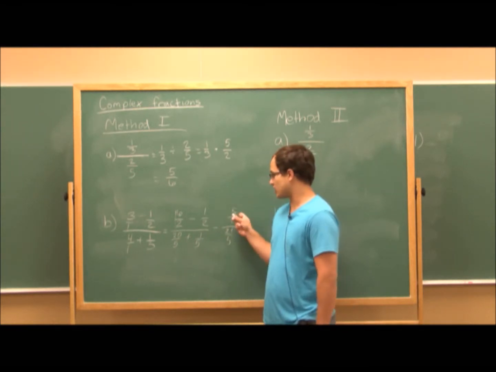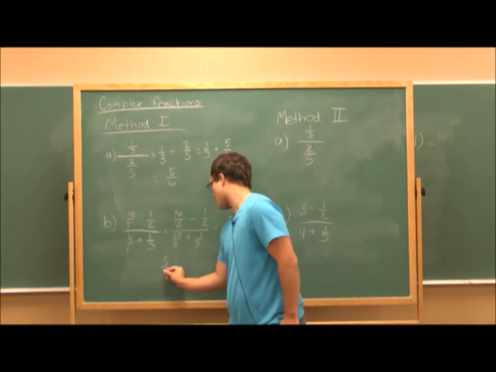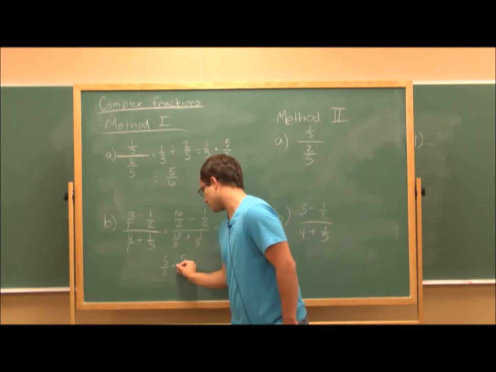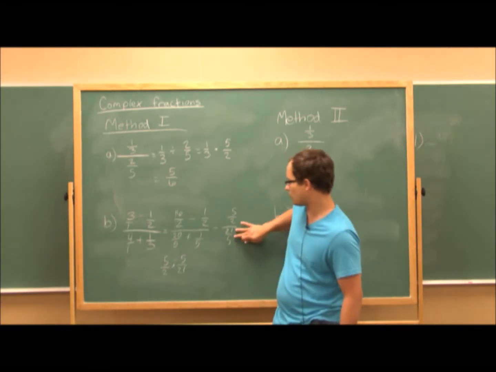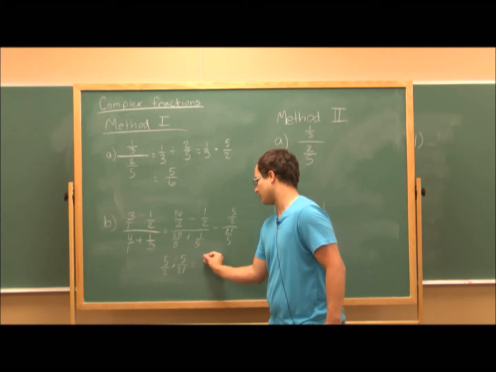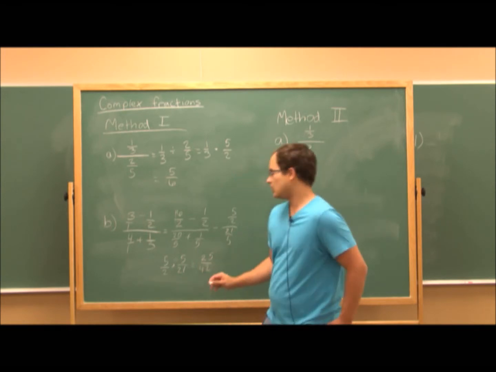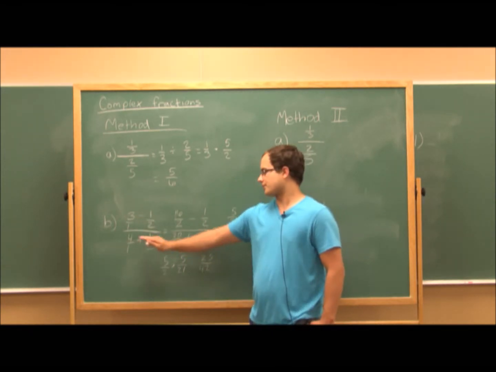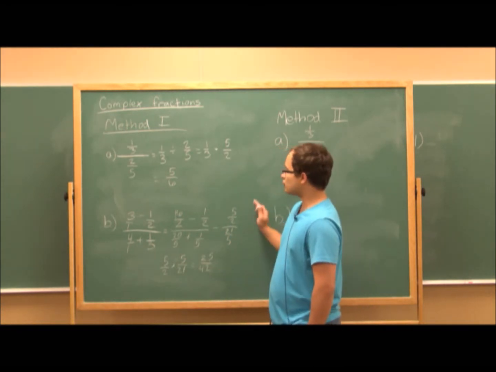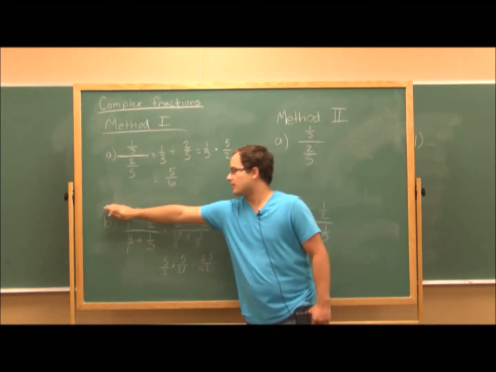Again, when you get one fraction on top, one fraction on the bottom, take the first fraction, multiply it by the reciprocal of the second fraction. So the reciprocal of 21 over 5 is 5 over 21. Nothing simplifies. 5 times 5 is 25. 2 times 21 is 42. So 3 minus 1/2 over 4 plus 1/5 equals 25 over 42. As you notice, when you aren't already given a single fraction in the numerator and denominator, method 1 takes a